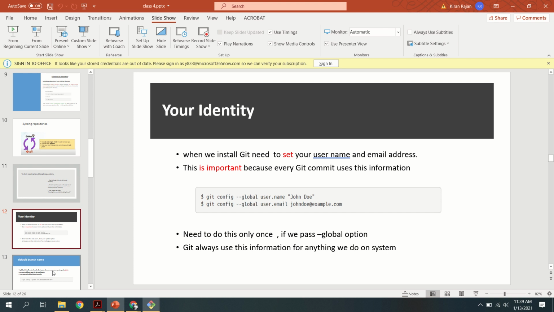In the same manner, whenever you download Git, first of all you download the Git software. So Git needs to identify you. That means if you want to set your username and password in your local machine in Git, you can use a command for that.